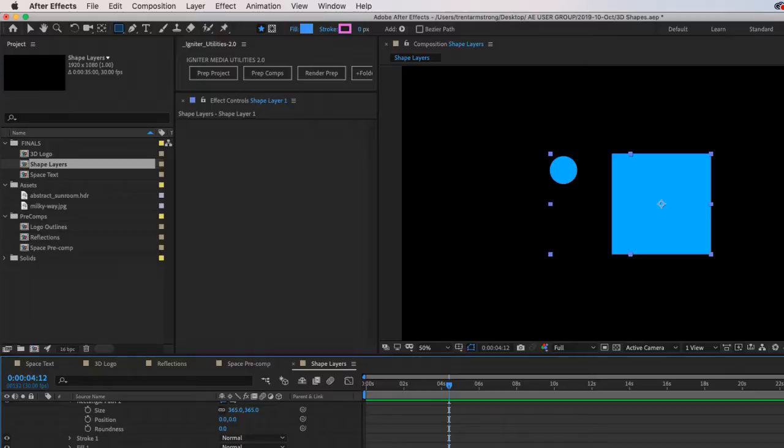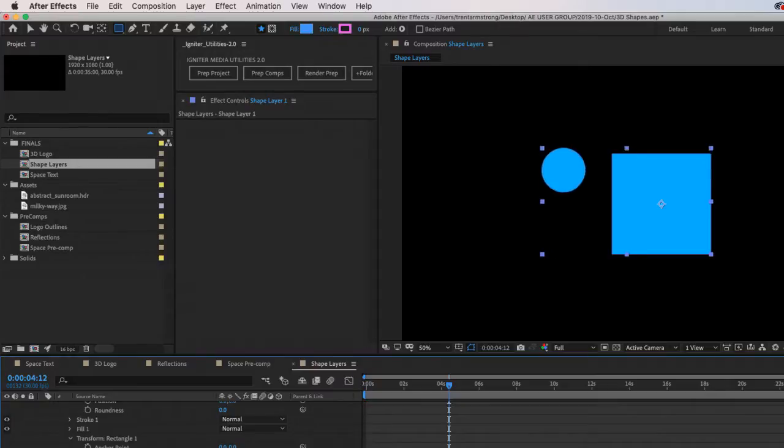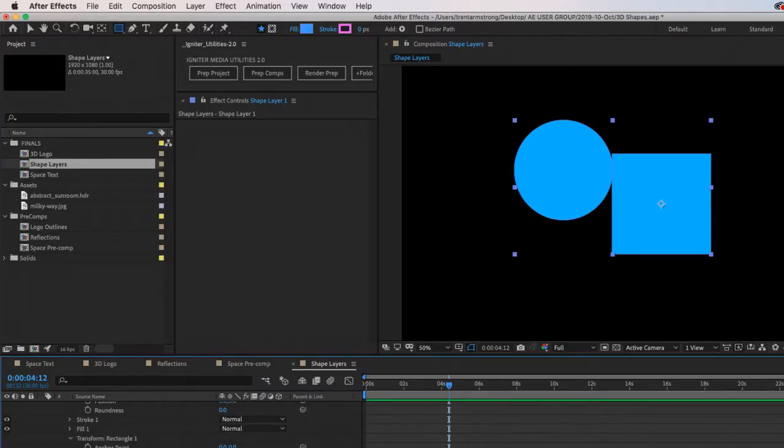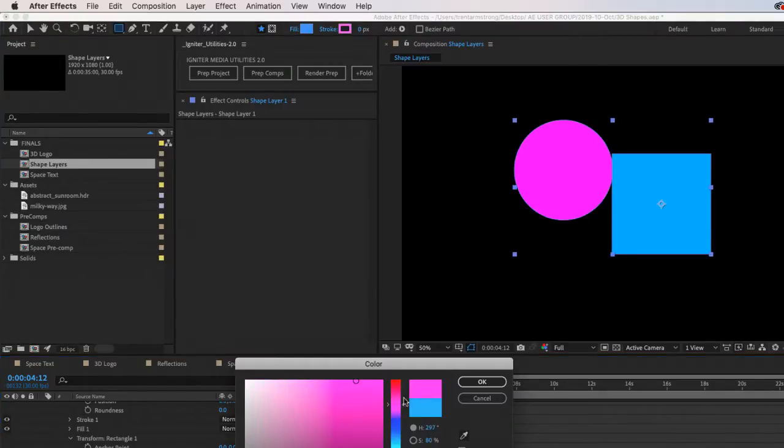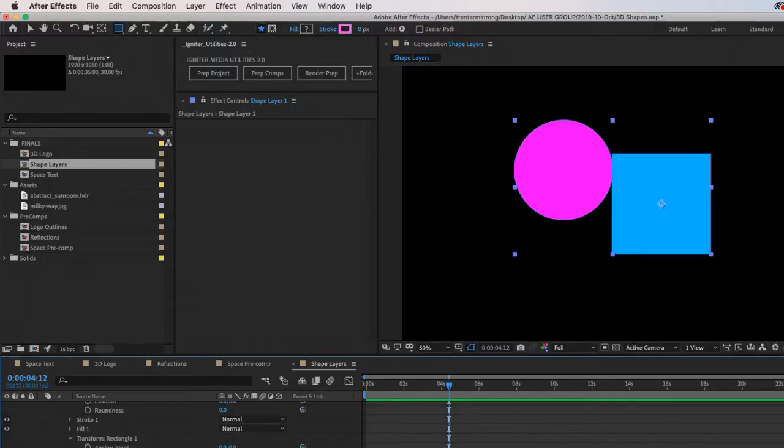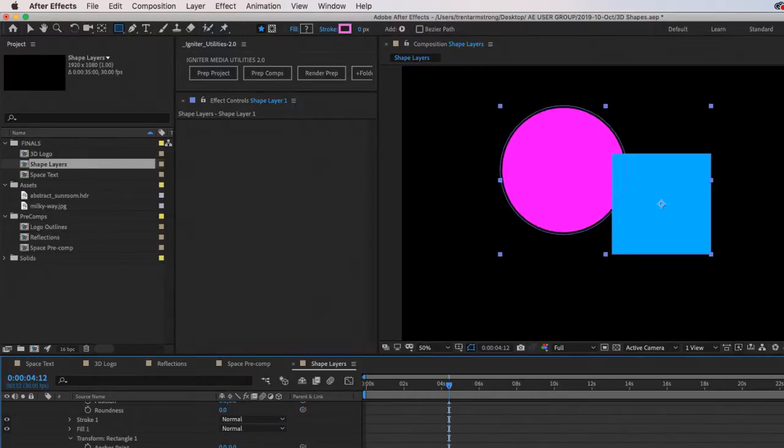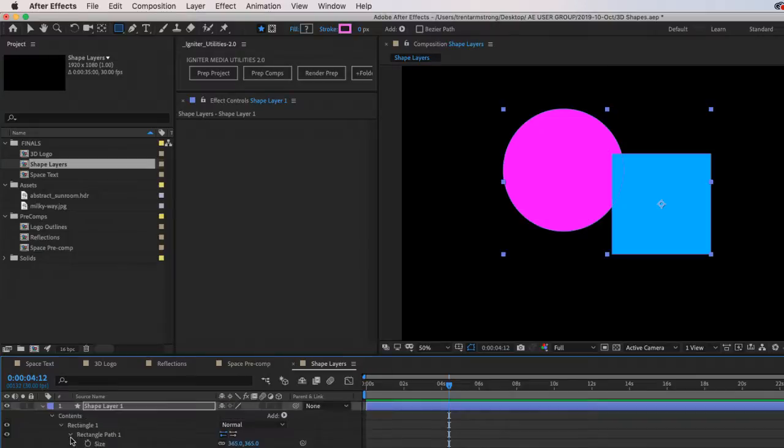Okay, so now I've filled my shape layer, my new ellipse shape layer, and it interacts with this other guy. And if I change the fill, then I can interact again, but it's also looking down through the stack here.